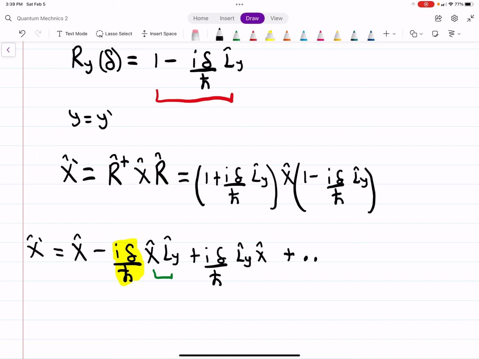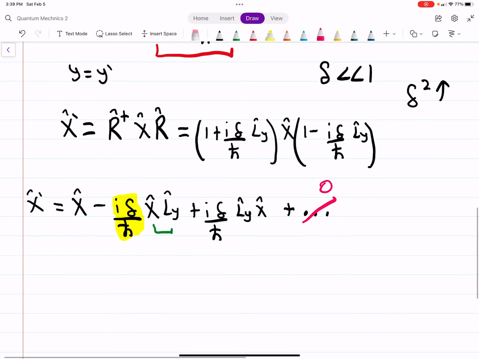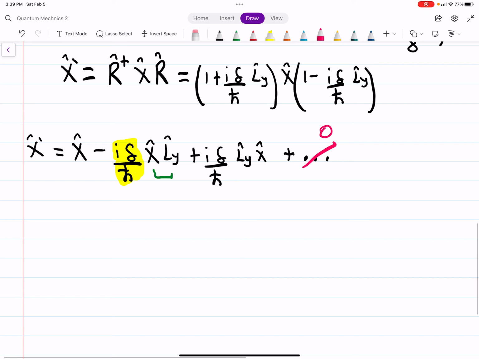And you're going to have more terms, but the important thing to know is that delta is very small. So delta squared and up can just be neglected. So this will all be just zeros for all intents and purposes. Okay? And the important thing to know here, just to rewrite this, is this,